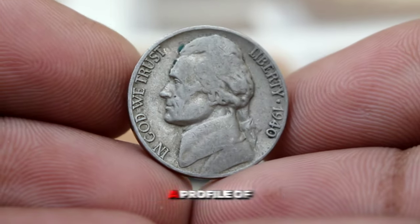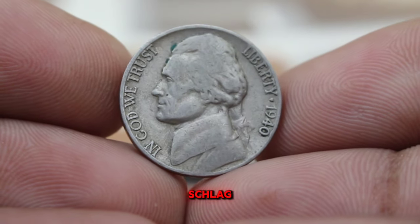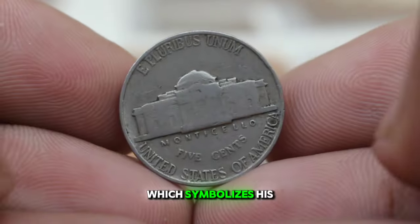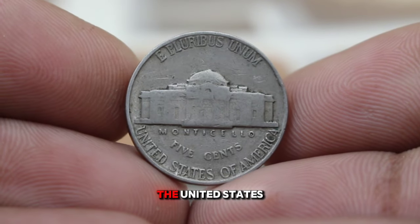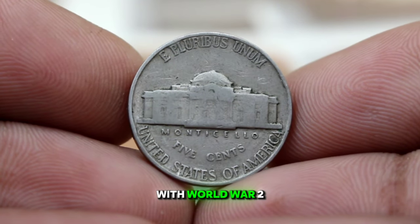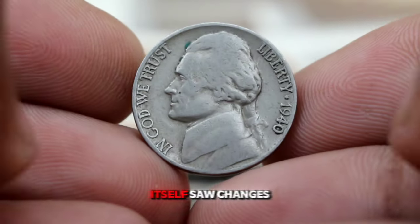The obverse features a profile of Thomas Jefferson, America's third president, designed by Felix Schlag. On the reverse, we have Monticello, Jefferson's famous estate, which symbolizes his legacy and contributions to the United States. The 1940s were a transformative period for the United States. With World War II looming on the horizon, the economy was in transition, and the nickel itself saw changes due